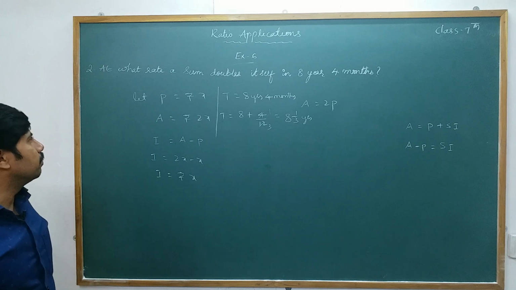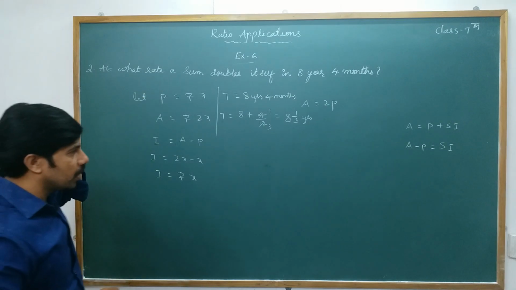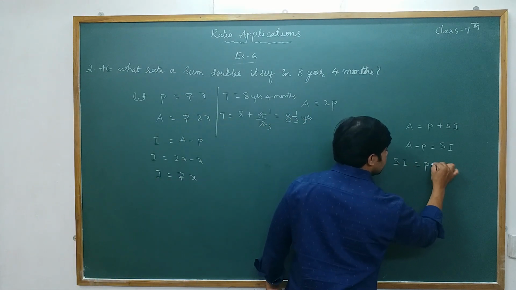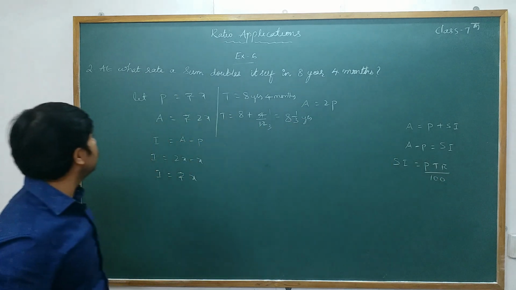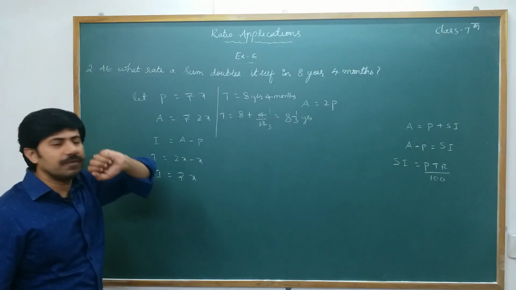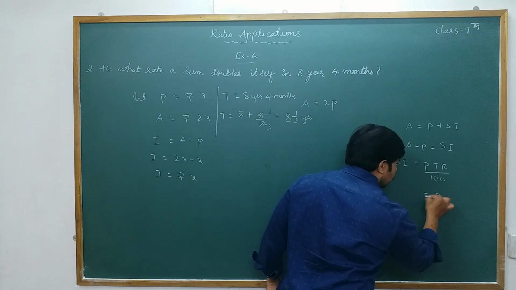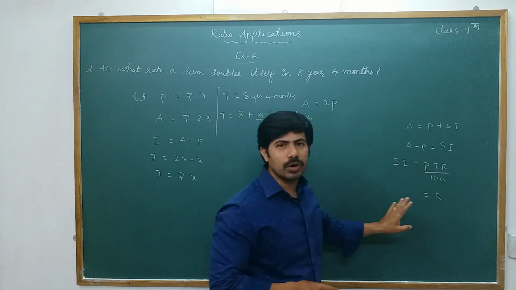Now we have time. Now we have to find out rate of interest. So for that, what I do is I'll write the formula of SI. It is PTR by 100. Now from this we need to find out rate, means R we have to find out. So you have to make the subject as R. Subject as R means what? R is equal to, we need. When you write R is equal to, the remaining terms should be cross multiplied.